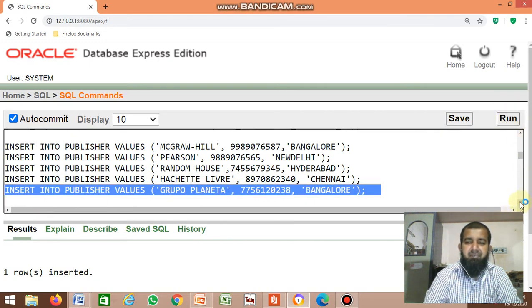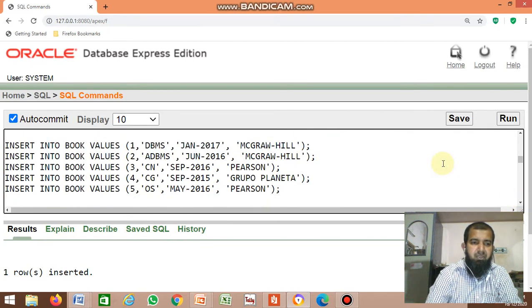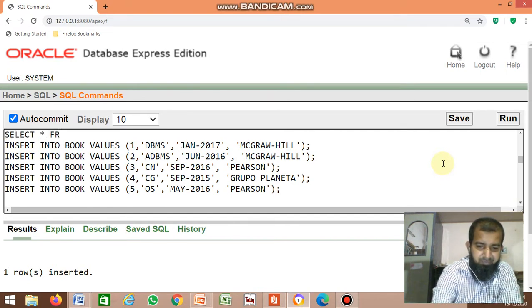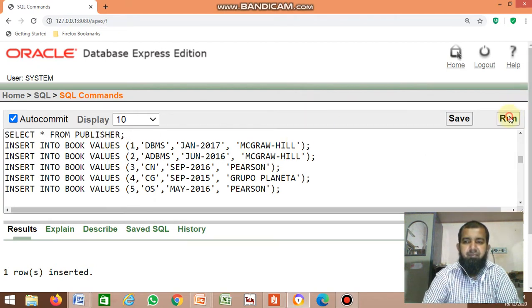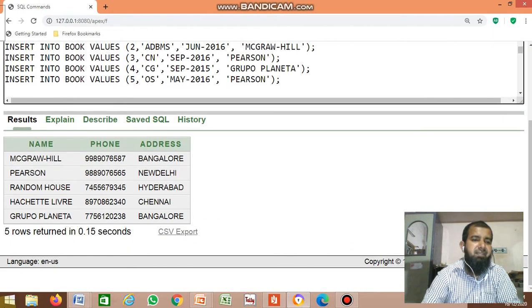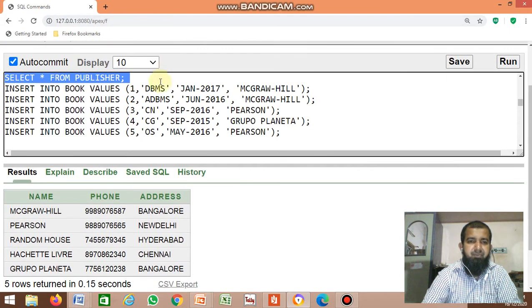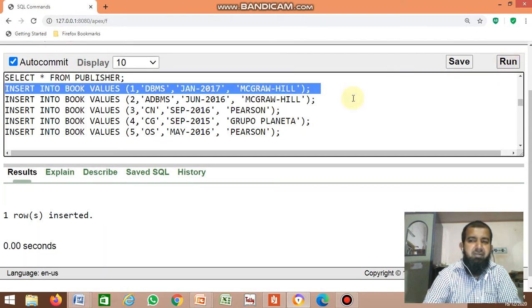Now just display the table: select star from publisher. Whatever is inserted is displayed here. We'll create the next table, the book table. So run one by one.